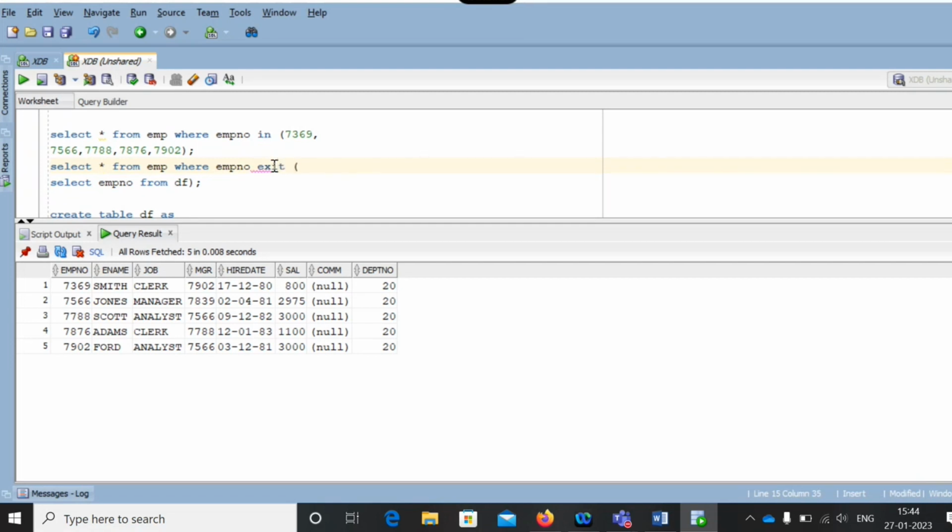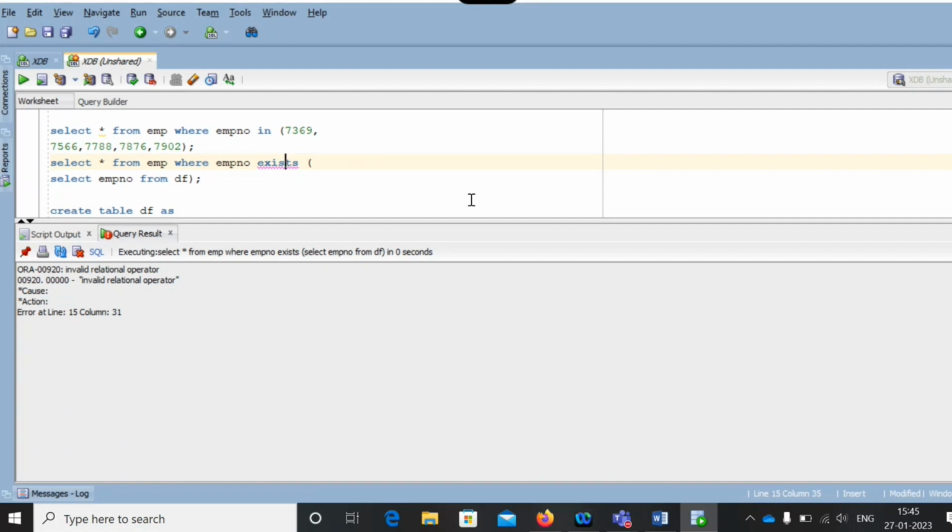How will you mention exist? You will get that error. If you want to work with exist, you no need to mention this column name in this where clause. You need to write where exist, select 1, 2, 3, anything you can mention.